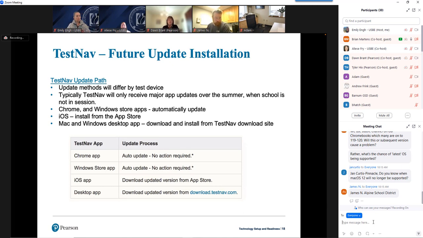And then Mac and Windows desktop apps: if you download the Mac or the Windows desktop installer, then you're going to have to go out and download and install the new one the same way when there's a new version that comes out every summer. So on the Windows side, if you can install from the Windows Store, that's probably the best option, simply because once you install it there, it will keep automatically updating.